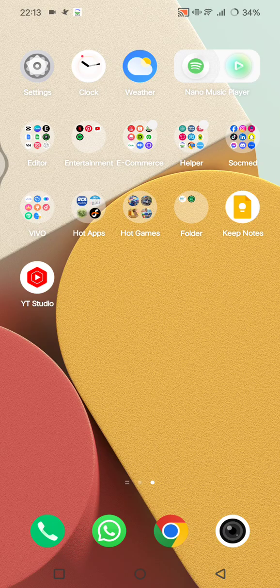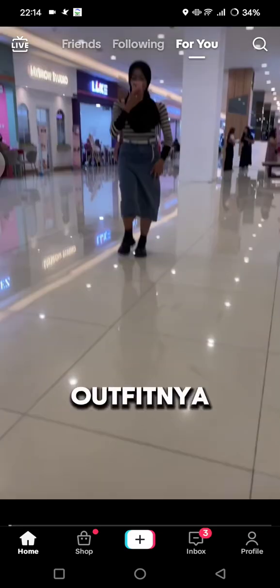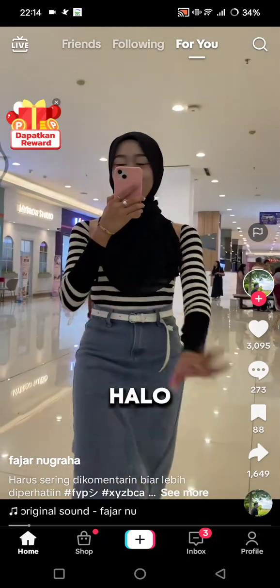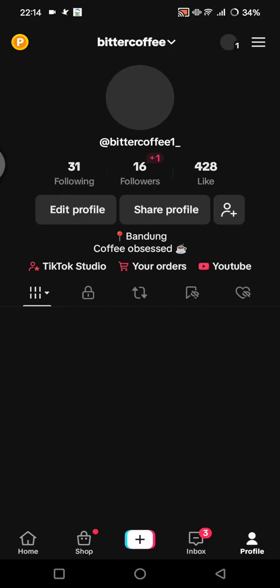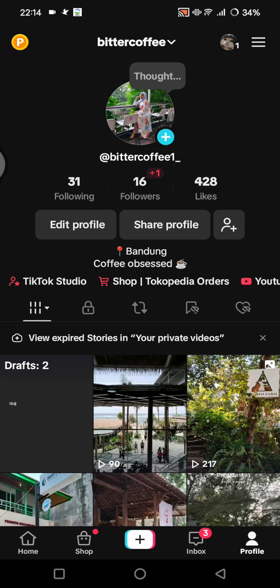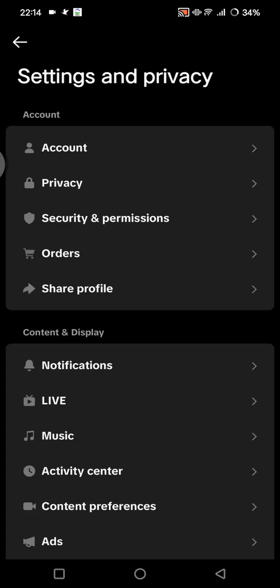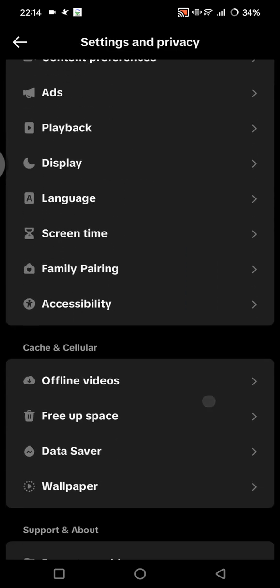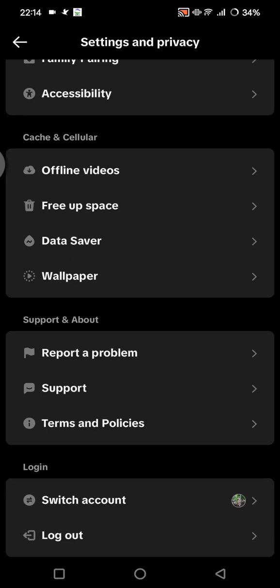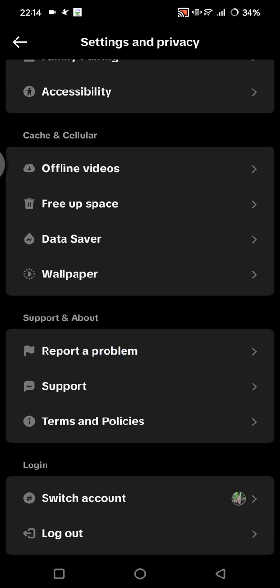So first, you can just open your TikTok app. Okay, so once the app is open, now you can just go to your profile. Once you're on your profile, you can click on this three lines icon at the top right corner, and then tap on Settings and privacy. And in here, you can just scroll down until you find this Report a problem option. You can just click on that,